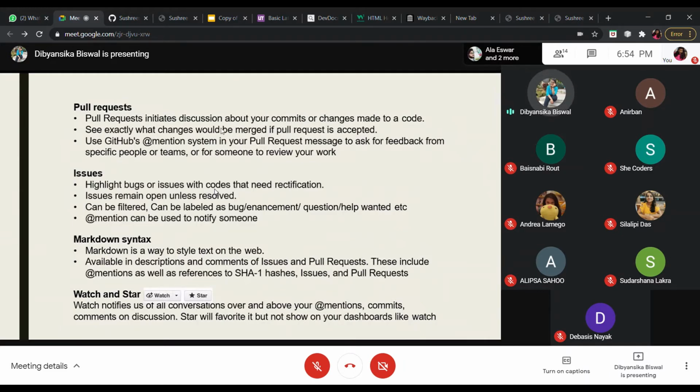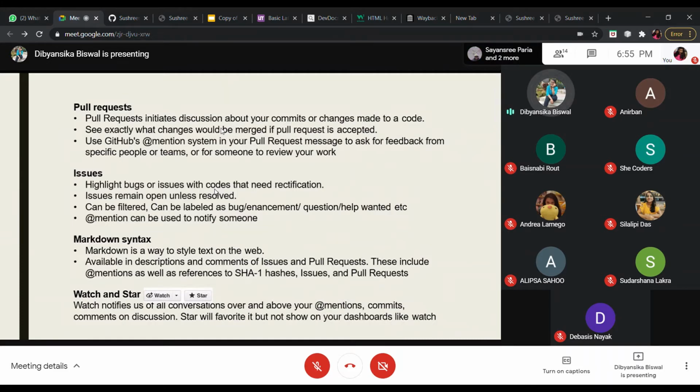Then the markdown syntax. Markdown syntax is basically the way to style text on the web, and it is available in descriptions and comments of issues and pull requests. Then comes watch and star. Watch notifies you of all conversations over and above your mentions, and comments on discussions.